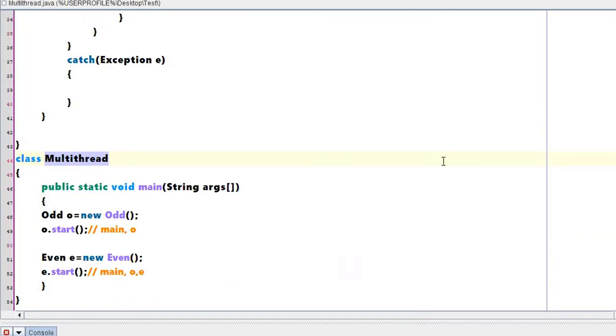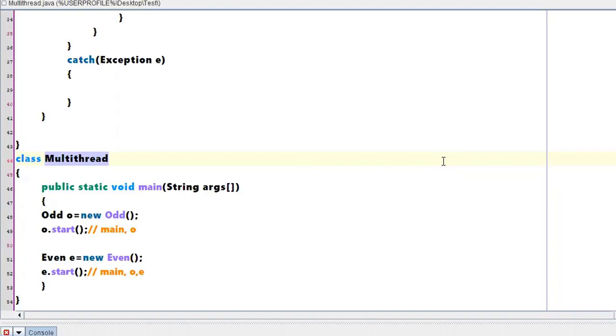The concept of threads is very important because it will change your program's performance a lot, especially if you are developing applications such as Android mobile applications, or working with any daemon application, in the sense that you want some task to happen in the background. In all those scenarios, threads play a very important role.